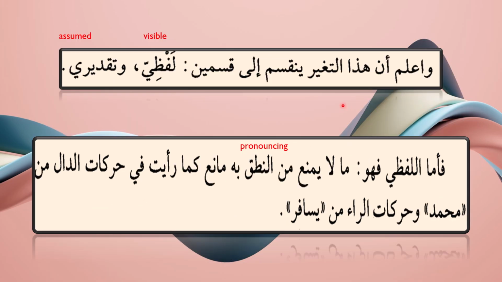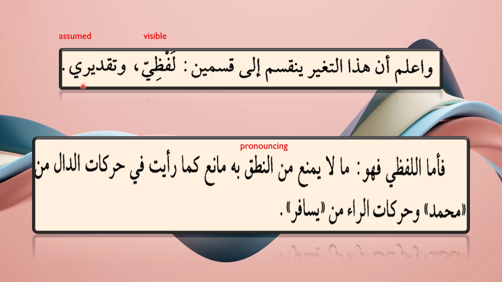The changes of the harakas in the present tense that you just saw in my previous slide are the changing of the position of the fail mudare. It goes into two kinds, that is ينقسم إلى قسمان. First of all, lafzi, that means you can see it visibly, and taqdiri, where you don't see it, it is assumed, the haraka is assumed. And when does this assumed haraka start?